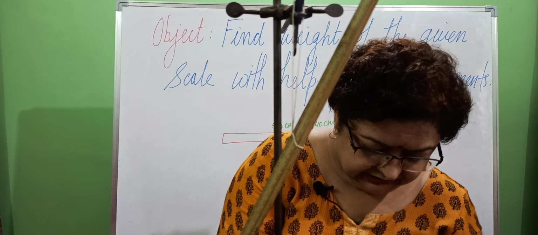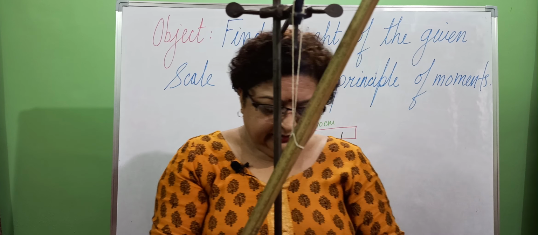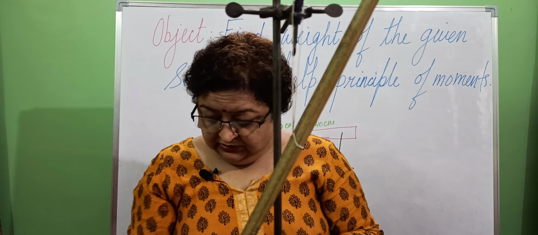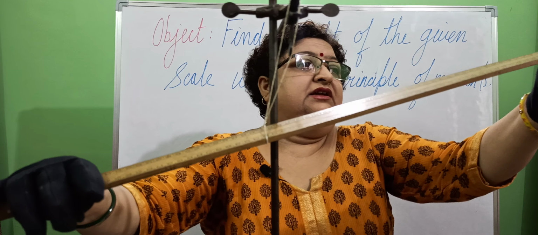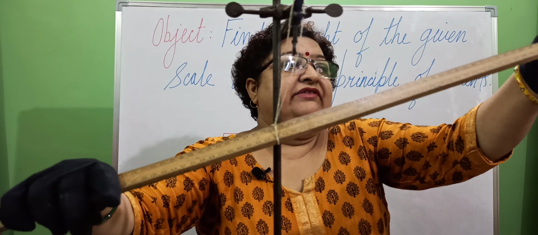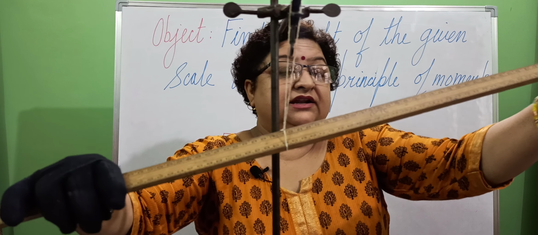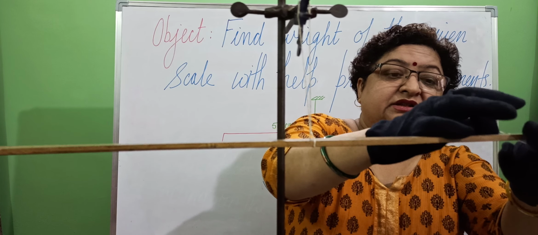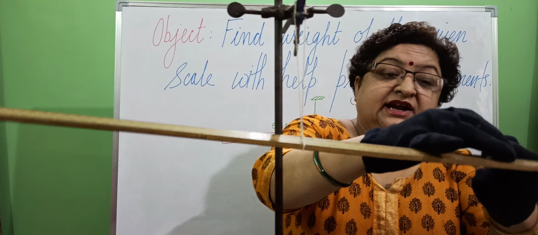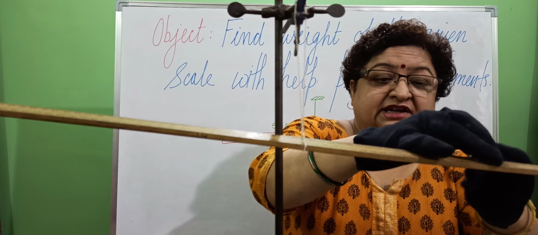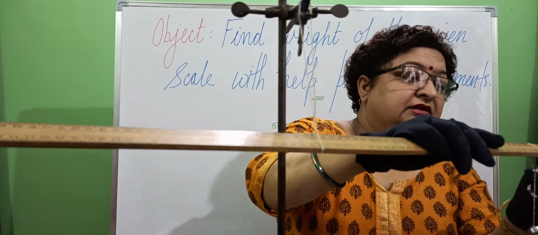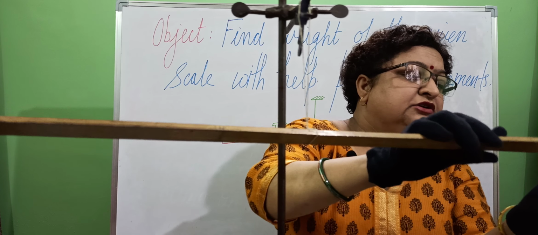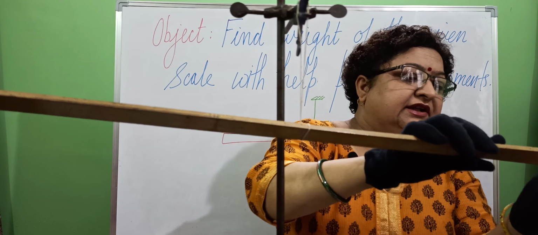Let me first take 20 gram, 20 gram and 10 gram, because the 50 gram weight does not have a loop through which we can suspend it. I have to make the loop in the weight's thread, so that will take time and I don't have time during the recording of my class. So I am using two weights, 20 gram, 20 gram.